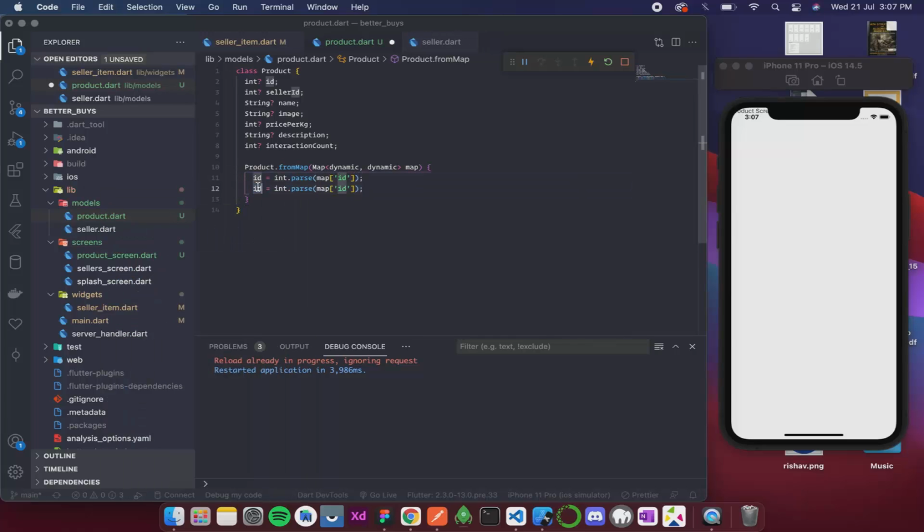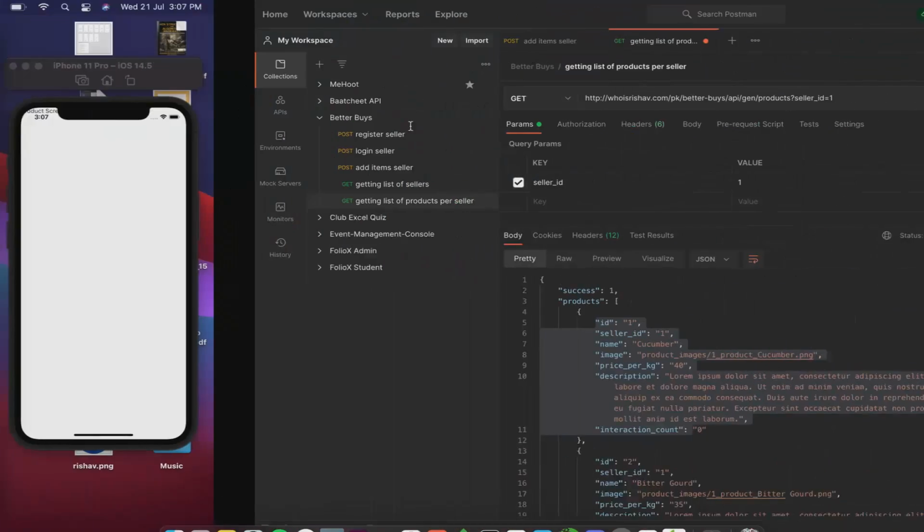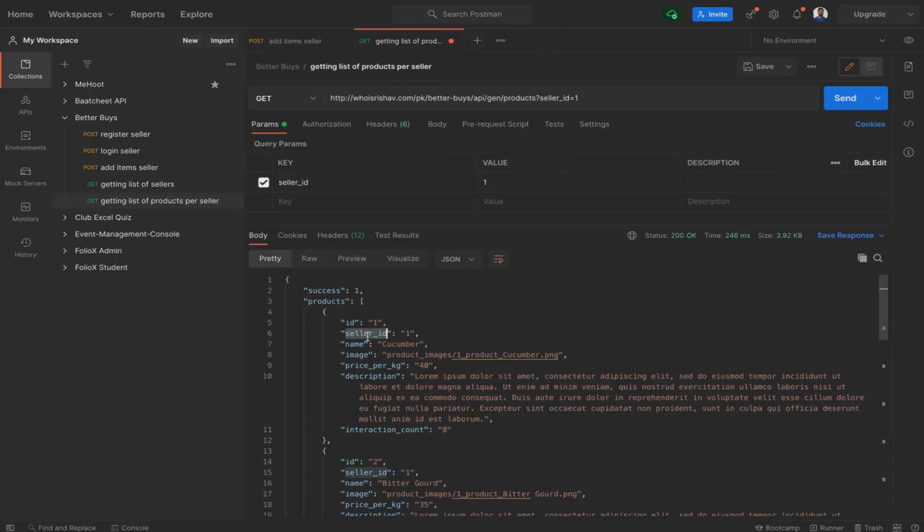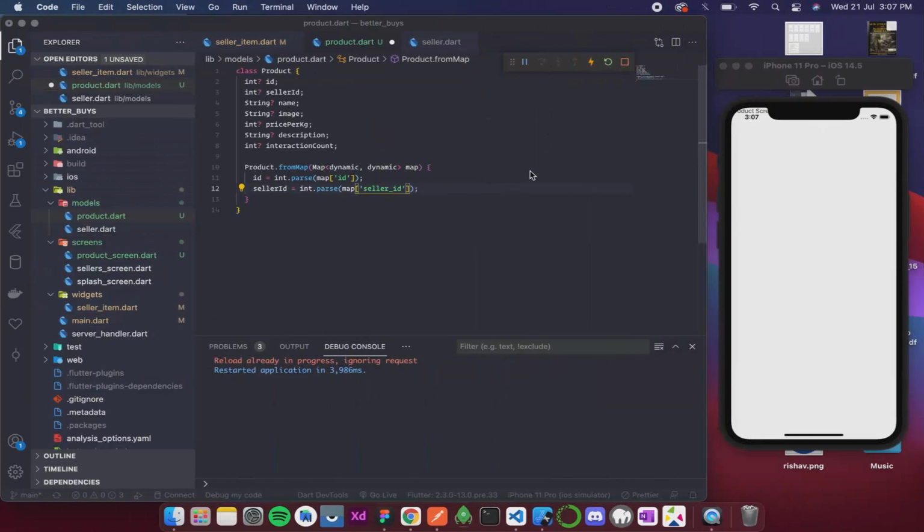Now similarly we have seller id, and over here it is gonna be seller underscore id, because that is the key name over here. Then we have name and image, so name is gonna be map name, and image is gonna be image.